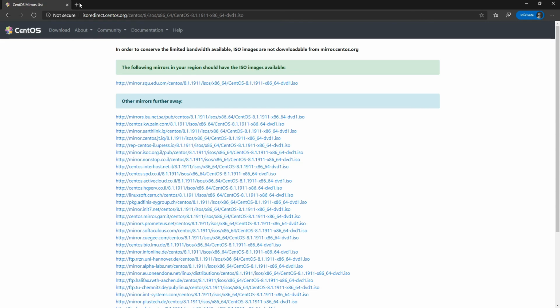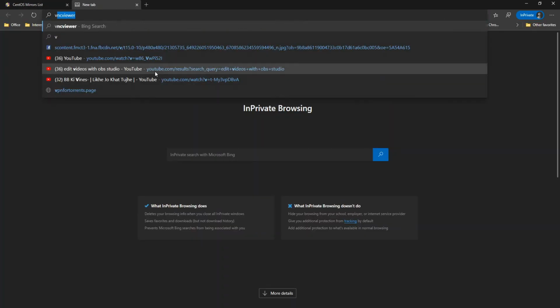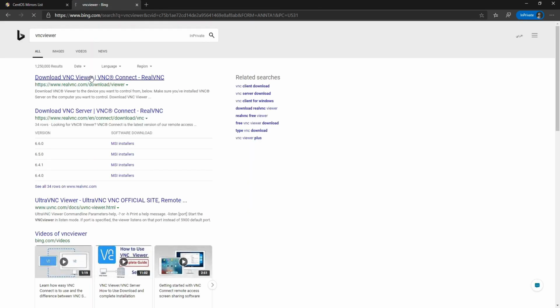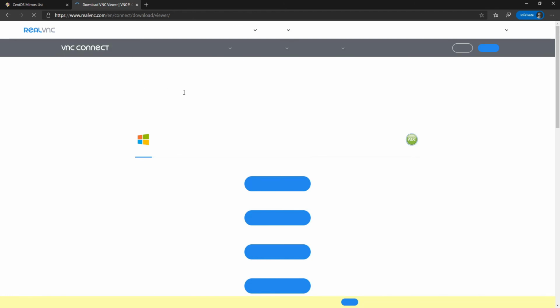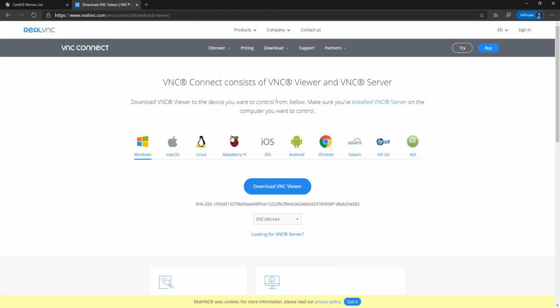So if you see, we have a software called VNC Viewer. So basically what I will do, I will download one VNC Viewer so that I can connect to the, just like you do RDP on Microsoft systems, we can use a VNC viewer. We can connect remotely to the Linux machines. So basically, you have to download a VNC viewer. You can download it for any distribution like iOS, Raspberry Pi, Linux, any distribution you want. So this is how we do it. I have already downloaded and installed VNC viewer.